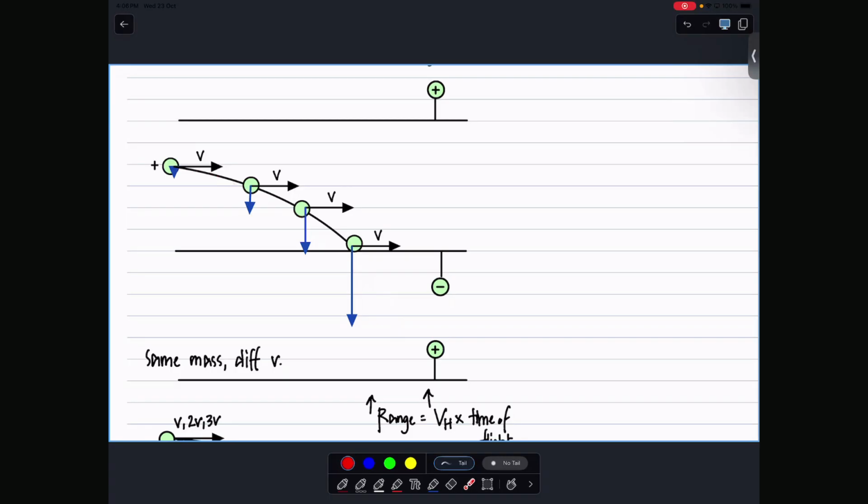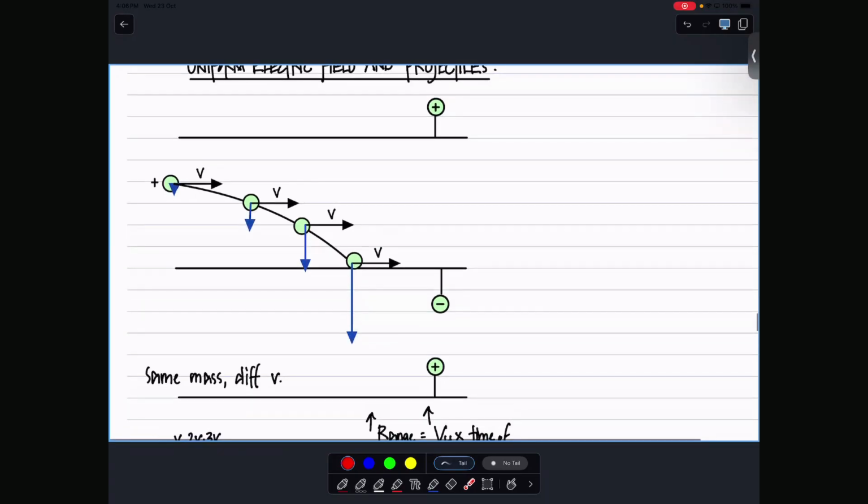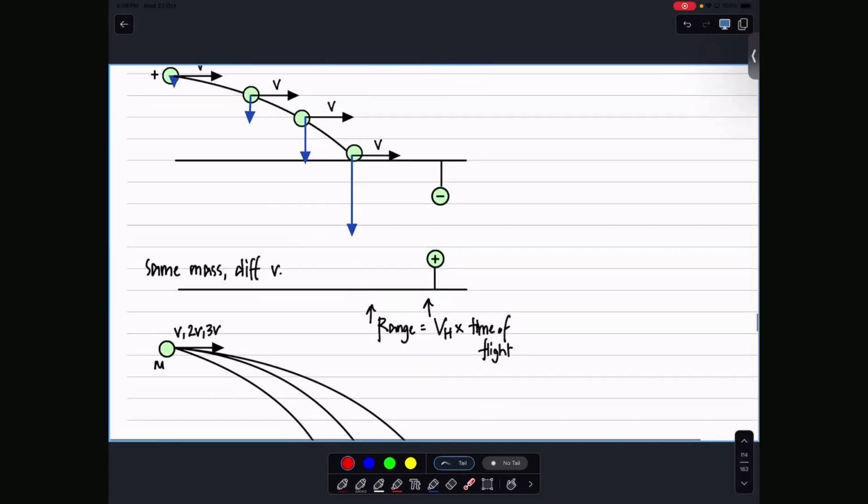So if you look at the velocity individually, you'll find the horizontal velocity should remain what throughout? Constant, because there's no horizontal force acting on the system. However, because there's an electric field like that, your vertical velocity will start to increase. And that's because there's a constant acceleration being provided here, okay? So that's the reason why it undergoes a parabolic path.